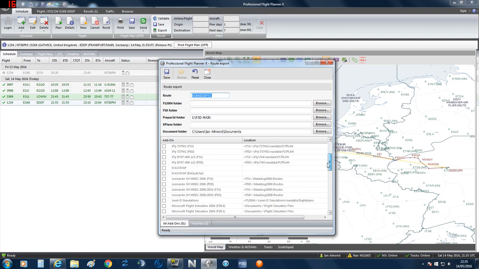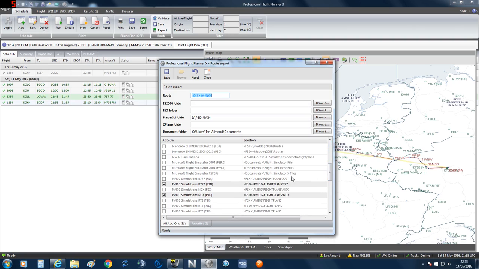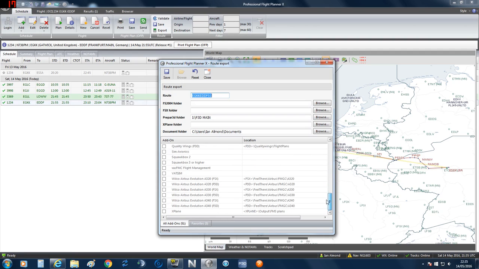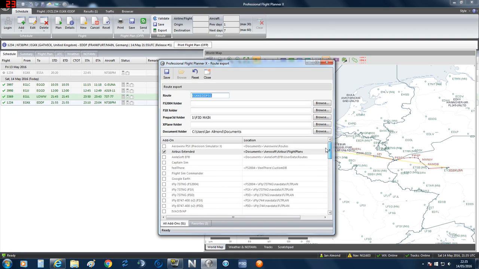Now as you can see, if you come down the bottom here, I've got various ticks against PMDG simulations, and these are the flight folders. You're going to need to set this up yourself, so you're going to need to know where the location of the flight folders are for PMDG and Aerosoft, which I believe is up here, Airbus Extended. That's the actual documents folder for your flight plans, so you need to put that up. I'm using Prepar3D 3.2. That's the main folder, so you've got to put that in as well,